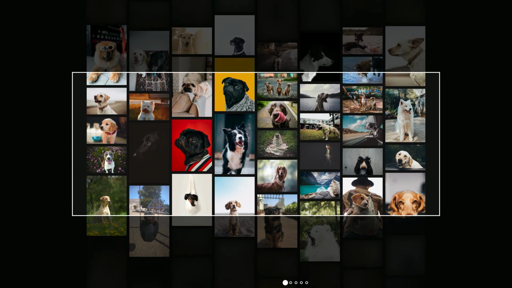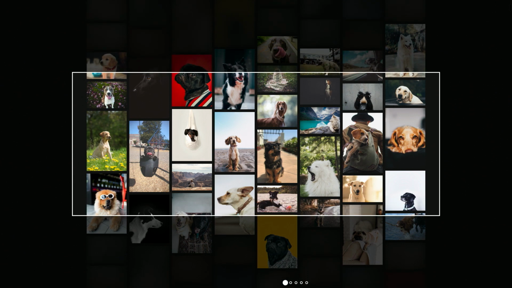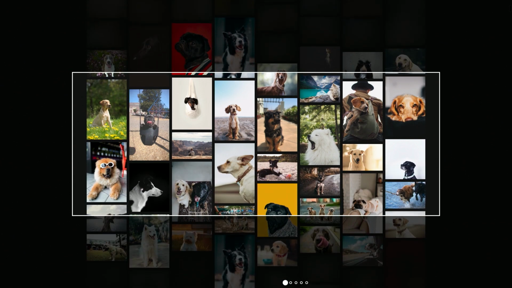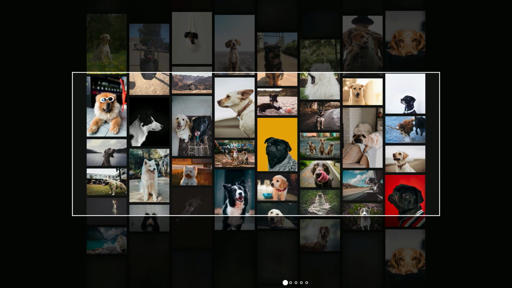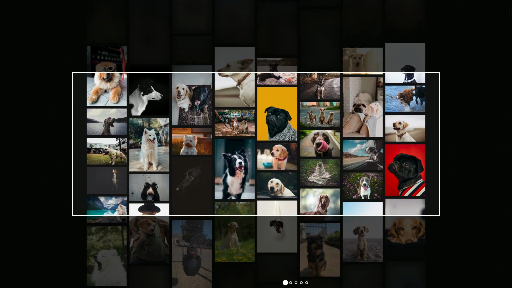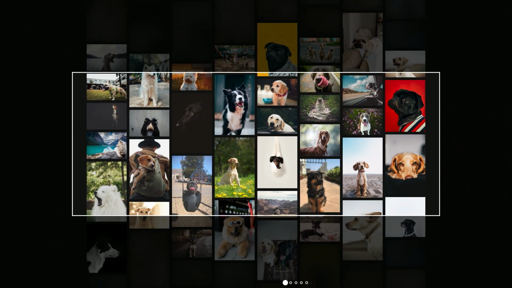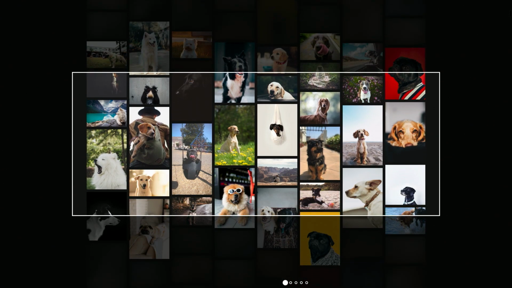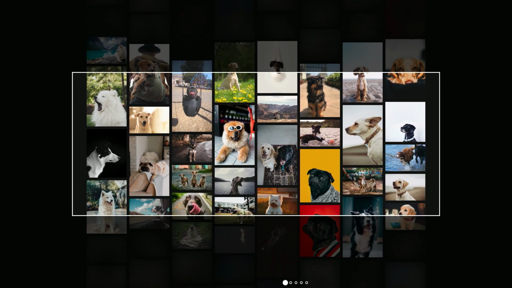As you can see, dogs are coming into the viewport, and as they do, they are rendered by the browser, and as they exit the viewport, my component is de-rendering them. So it's flushing the virtual DOM, and they're no longer being kept behind in the browser. And we do this with enough margin for scrolling so that it gives the browser enough time to paint those elements.